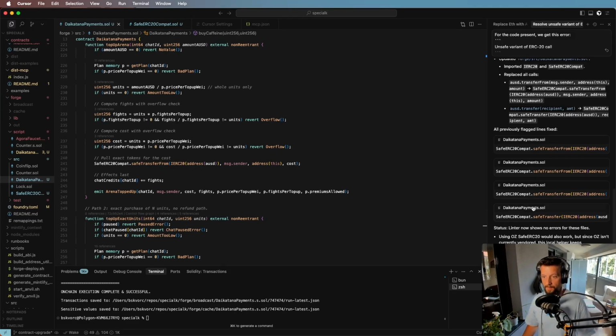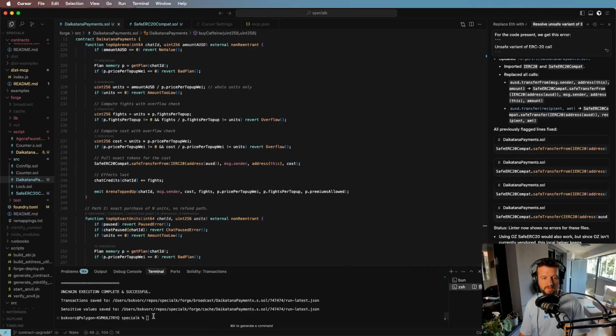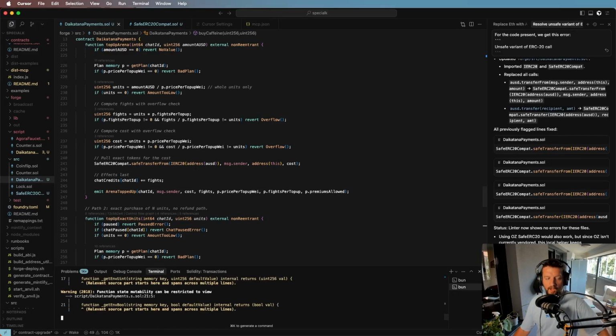Of course, because we've changed our contract, we now have to redeploy it. So let's redeploy it to our still running chain. Let's check if our chain is still running. Yes, our local chain is still running. So let's redeploy the contract. Again, same settings, same everything. And now it's recompiling,